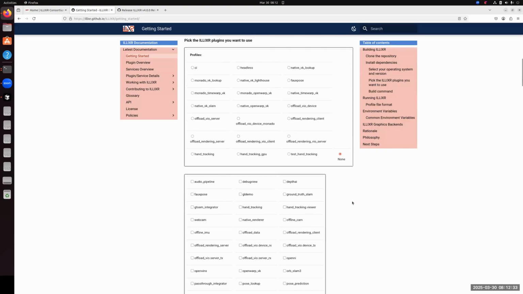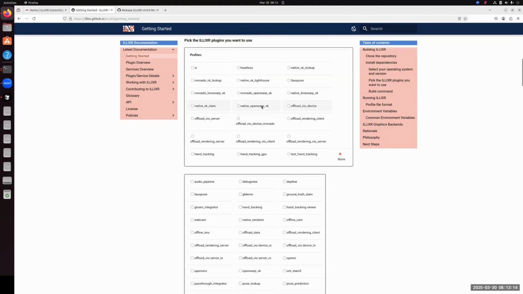So I'll dive into plugins a little bit more later, but they're basically a modular implementation of logic and functionality in Elixir. So for example, there are two ways to configure Elixir. The first one would be to select a pre-configured profile here. And these are just pre-configured YAML files based on a variety of use cases. They're tested by our team and they're ready to go. So if you're just getting started, this will be a great starting point.